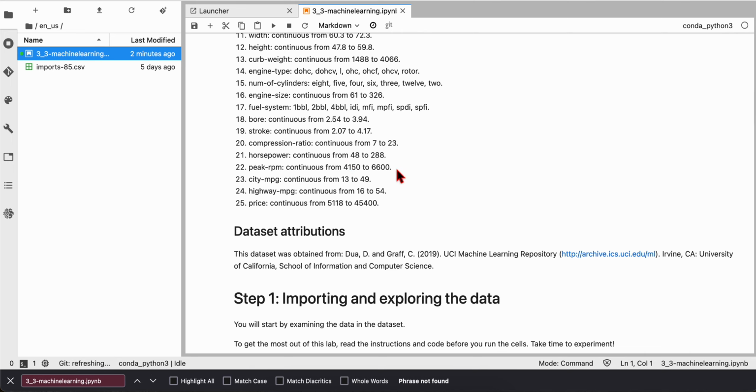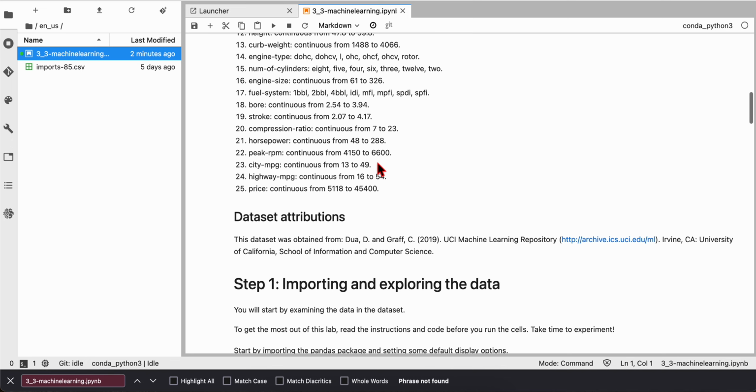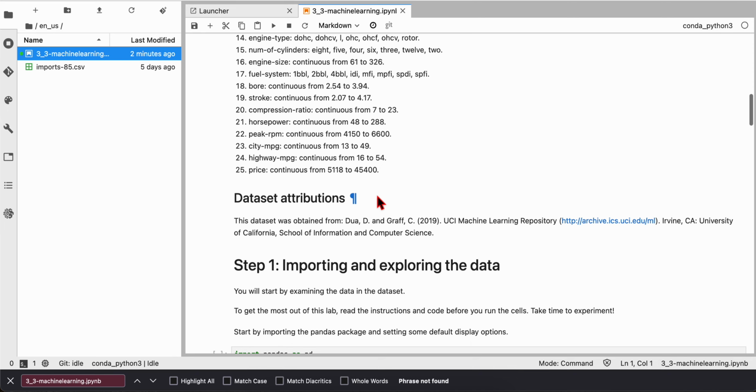Peak RPM continuous from 4150 to 6600. City MPG continuous from 13 to 49. Highway MPG continuous from 16 to 54. Price continuous from 5,118 to